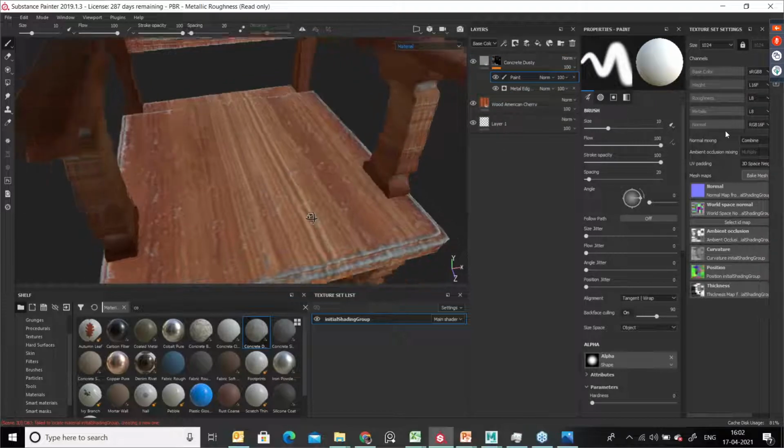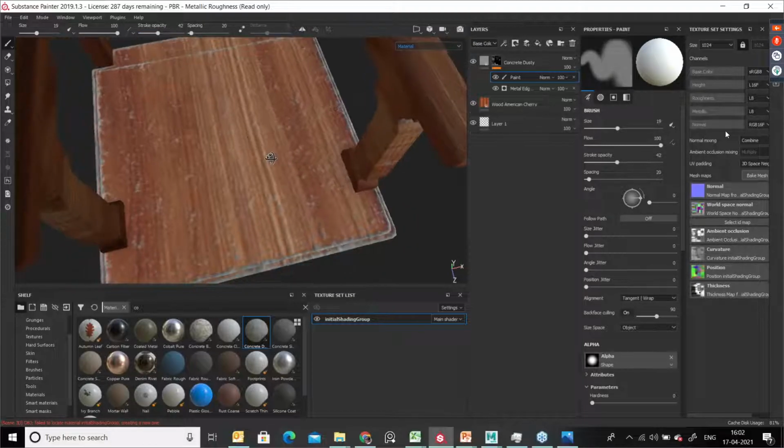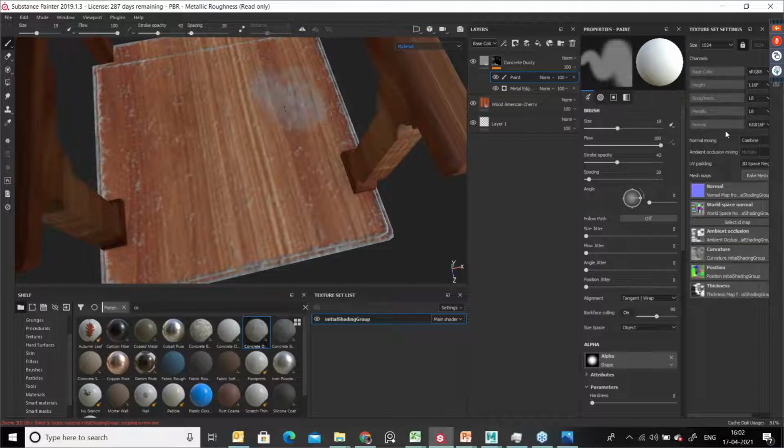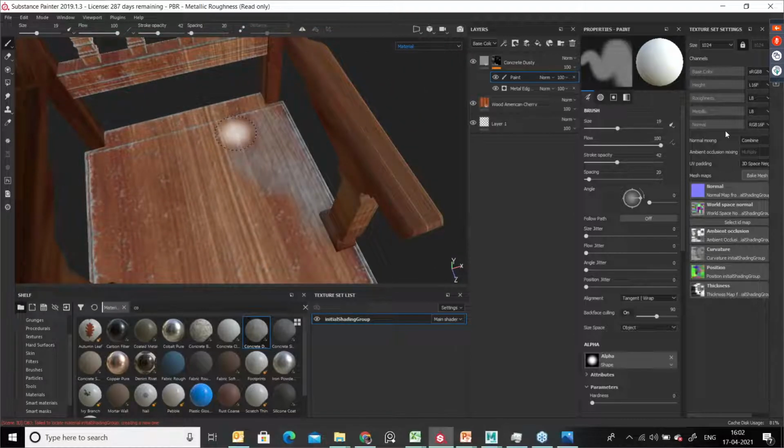So now in this paint you can apply texture information because we are in the concrete layer. So it's easy for us to apply texture over here. See here. Now it's too high. You can go here, stroke opacity, you can reduce it. Okay, and you can try to apply. See, it's nice, right? So the old chair should be like this.